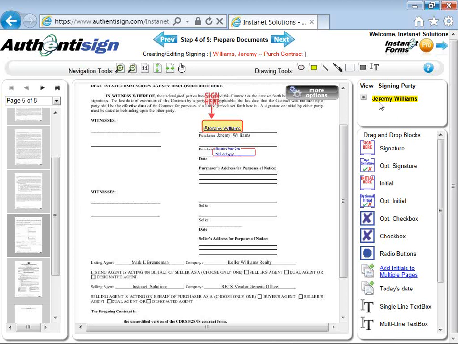Jeremy is the signing party. I know there's only one, so maybe it doesn't seem like it's going to be that big of a deal, but that highlight is a big deal, especially when you have multiple signing parties. Whomever is highlighted is the party that you're going to drag and drop for. So make sure that when you have multiple signing parties that you are clicking to highlight the party that you want to drag, click, and hold to drag and drop